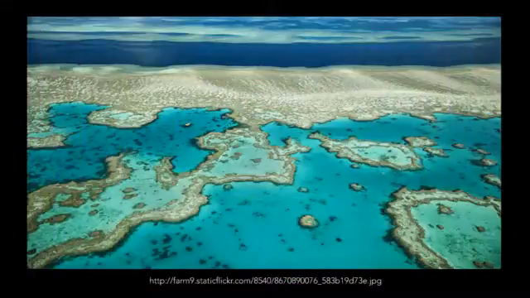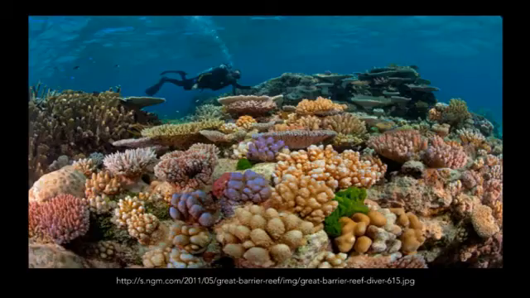Hey y'all, did you know that the Great Barrier Reef is the world's largest coral reef system with over 2,900 individual reefs and 900 islands stretching over 1,600 miles? The reef is located off the coast of Queensland, Australia. The Great Barrier Reef can be seen from outer space and is the world's biggest single structure made by living organisms. That is crazy. The reef is believed to be over 500,000 years old, but now the reef is in